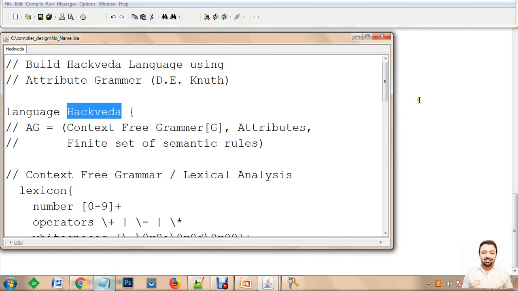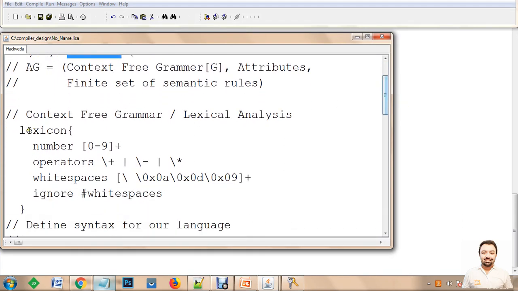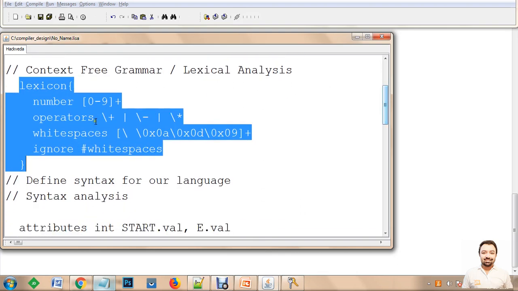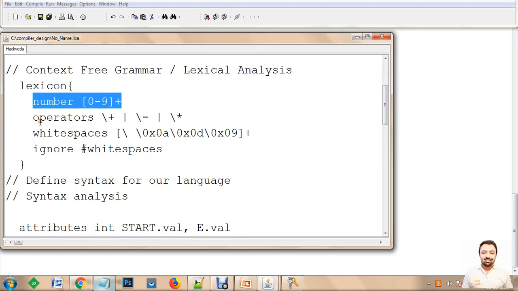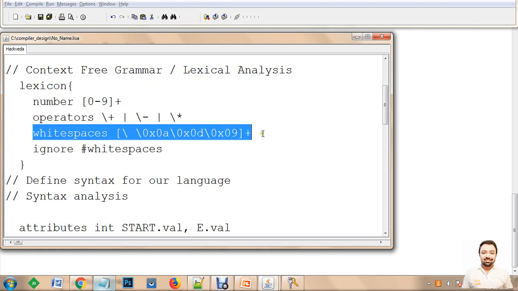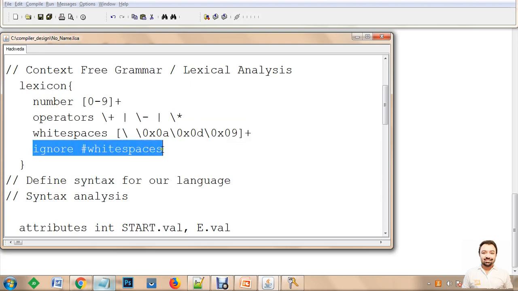We have defined the name of the language, followed by the context free grammar using the lexicon keyword, wherein we are going to read the numbers and the operators: plus, minus, into. We have not used into at the moment because we have not defined any expressions at the bottom, but still we are reading the operator. So reading into can be done, but nothing will be executed on it because we don't have an expression or a rule for it. Then we are reading the white spaces, and we will be ignoring the white spaces from